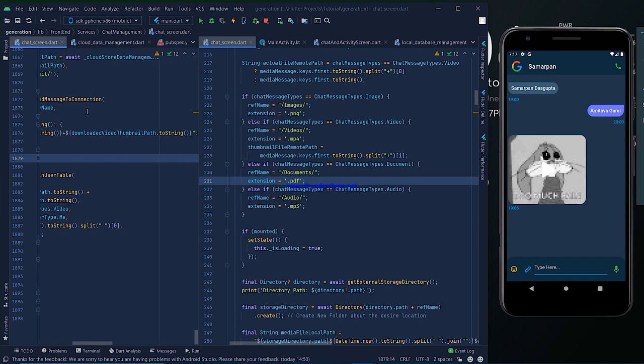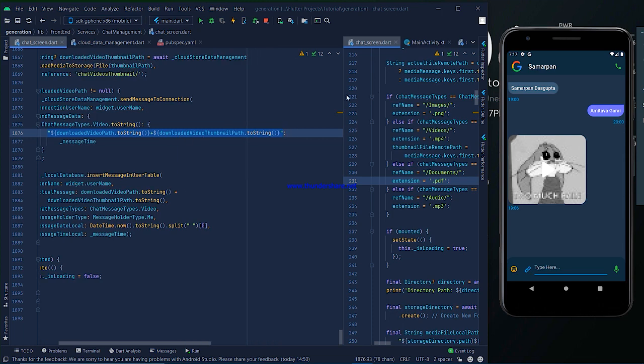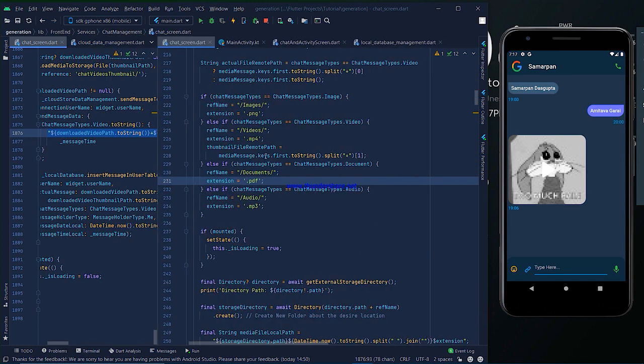Because if we split the whole thing with plus, at the one index the video thumbnail file path will be present, the remote path as well. So we take the thumbnail file remote path by splitting on plus and taking the one index.